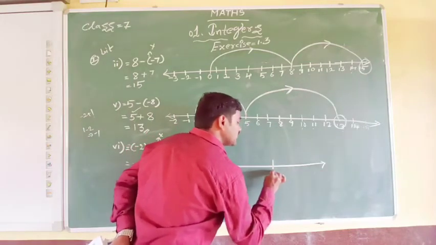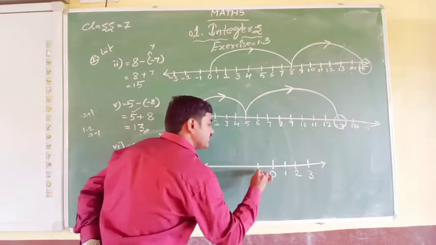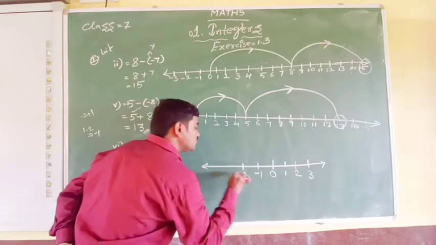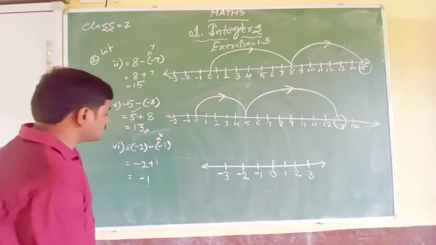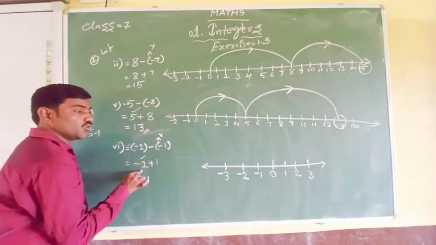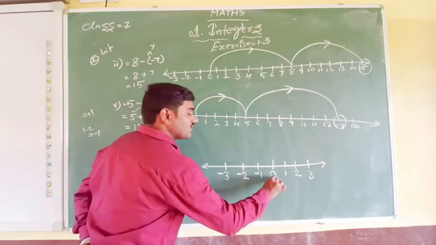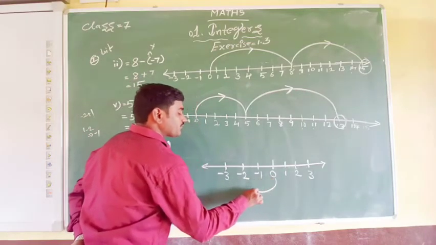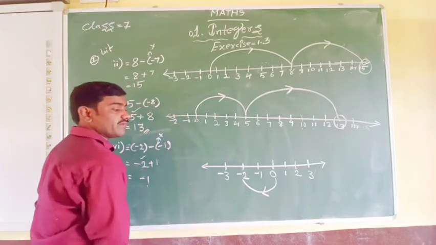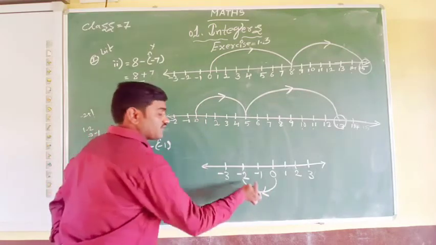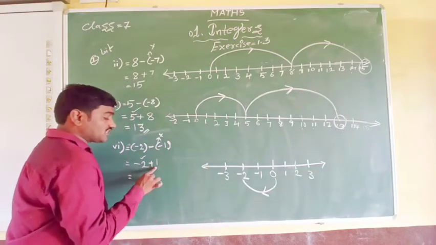As you know, we get 0 here, 1, 2, 3, and here minus 1, minus 2, minus 3. Okay, first what we have to do, see here minus 2. So we have to move to the left side on the number line. So always you go from 0 to minus 2. We are moving left side of the number line. Two numbers left side of the number line. So we reached minus 2. Then after that, what we have to do, plus 1 is said.